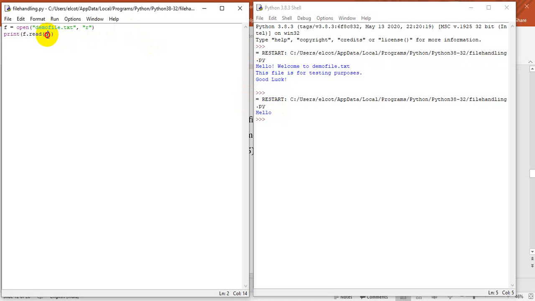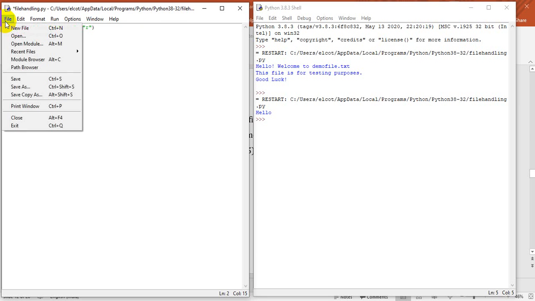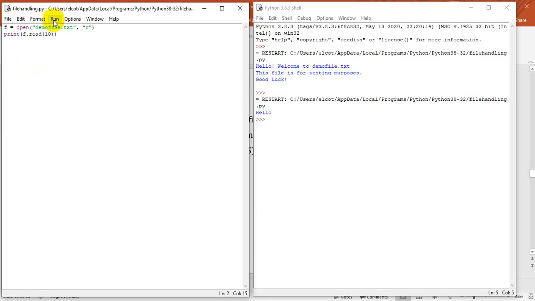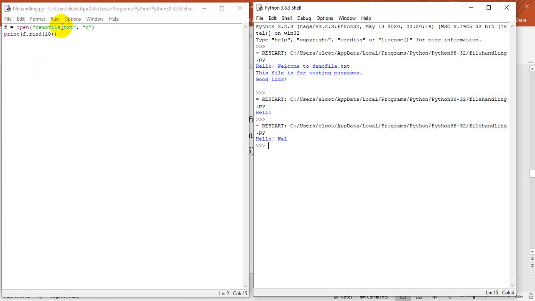Suppose I'm giving 10, I'm just saving the file again and running the file. Even if there is an empty space, which means a gap, for example after the exclamation mark there is a space bar given, that will also be considered as one character.